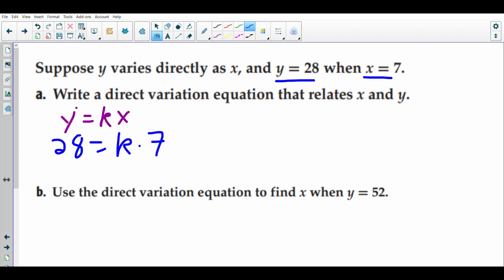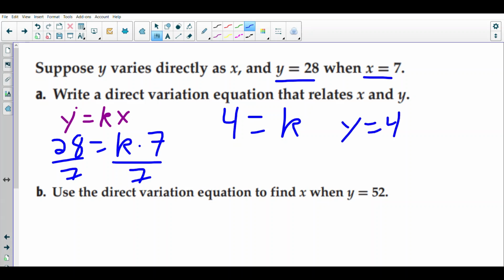And now we're just going to solve for k. Divide by 7 on both sides. And so we get 4 is equal to k. So our new equation is actually y equals 4x. That's our direct variation equation. Now we're going to use that